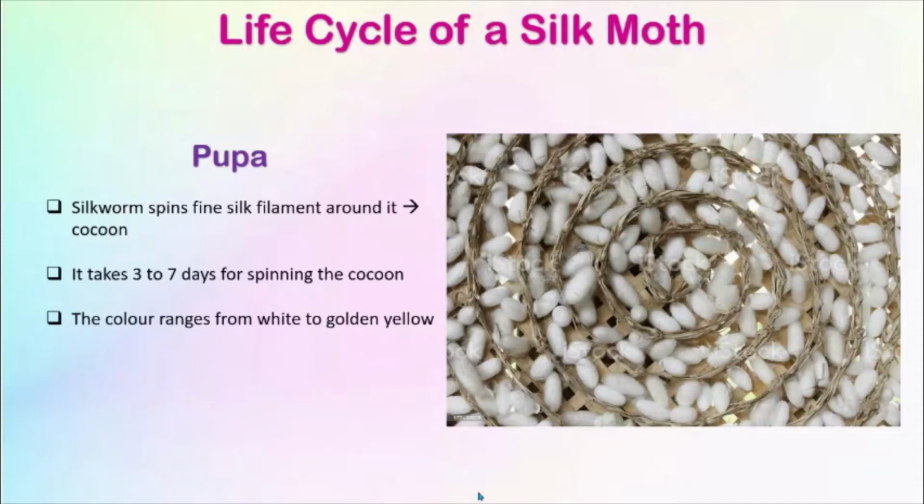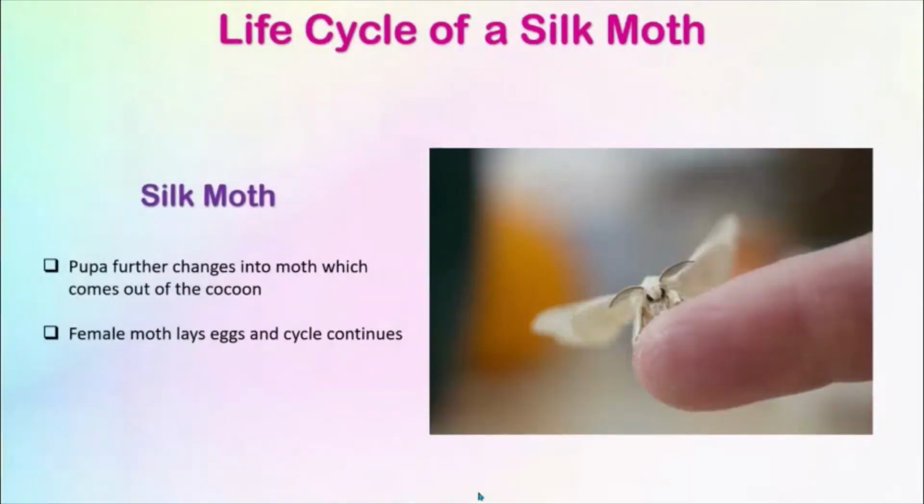After this, the organism is sessile. Sessile means not moving. It then starts to develop the organs which adult moths have. This stage lasts for about 3 to 7 days. The color of the cocoon ranges from white to gold and yellow. After all the organs are developed completely, the matured moth breaks out from the cocoon and flies away.